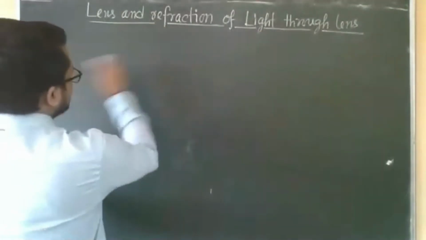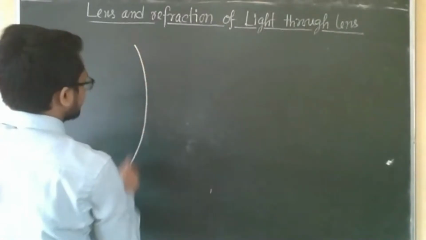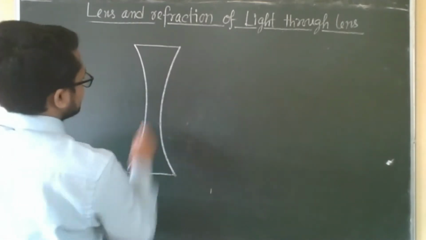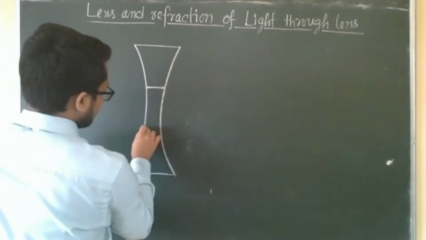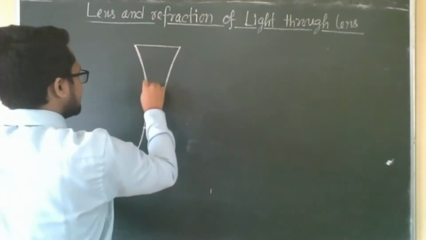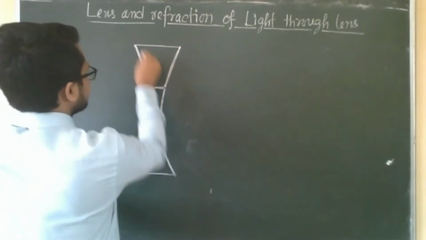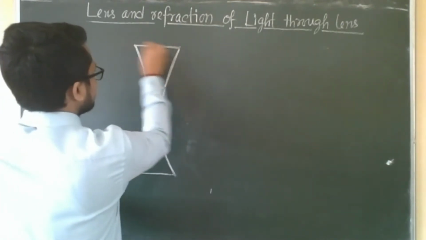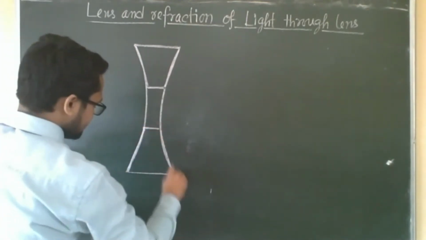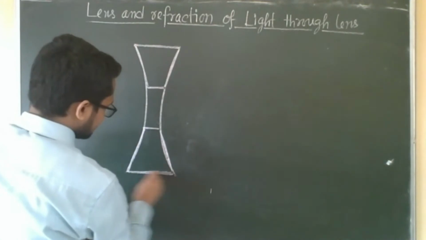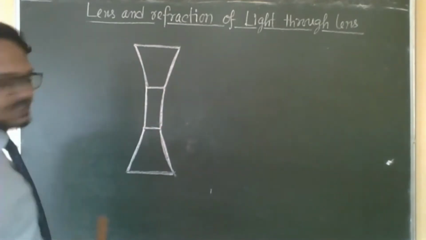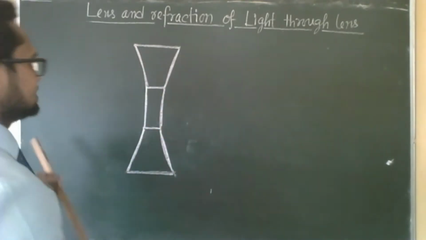So here also, suppose this is the lens, and I'll break this lens into three parts like the previous one. First one is this one, second one is this. So you can think that this part is a part of a prism whose base is this one, the upper one is the base. This part is also a part of a prism, and this is the base here. And you can think this one is the slab. The ray diagrams are there. Let me finish this, then I am telling.